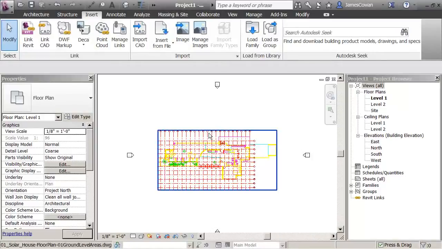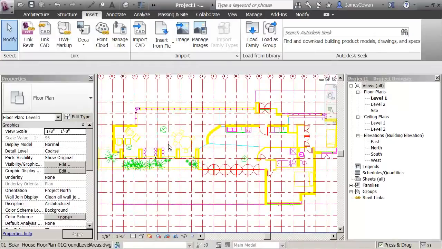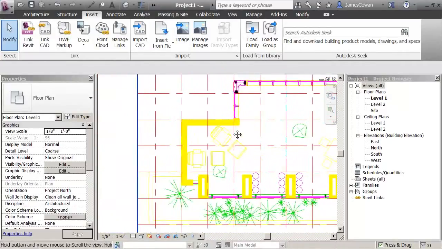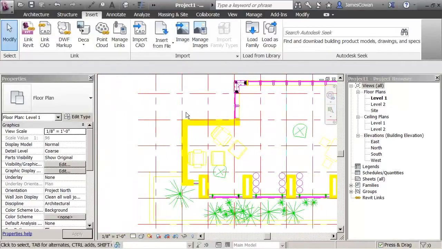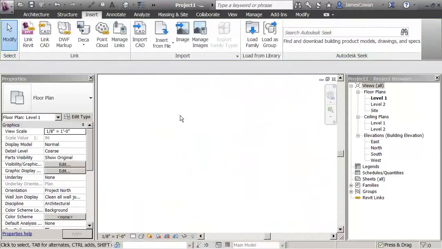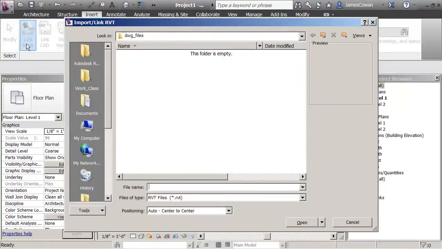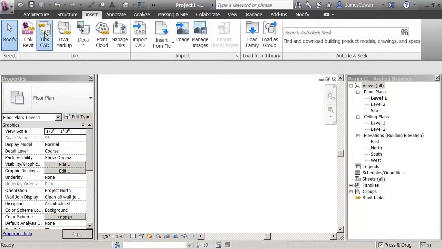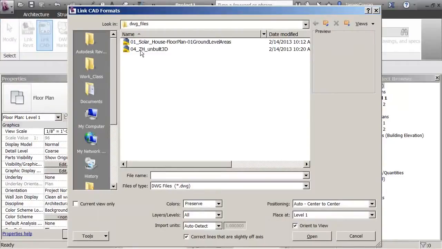And there it is. So what I can do is trace over the top of my file to create my building. Now let me just explain some of the settings. So what I'm going to do is just delete the file that I linked. When I say link a CAD file, and I pick the file that I want to link in,